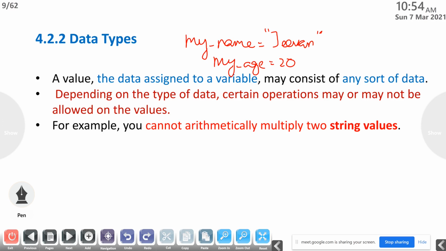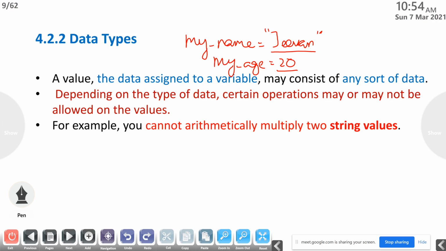Here Jeevan is string type data, and 20 is integer type data. Depending on the type of data, it may be integer, Boolean, double, or string type data.